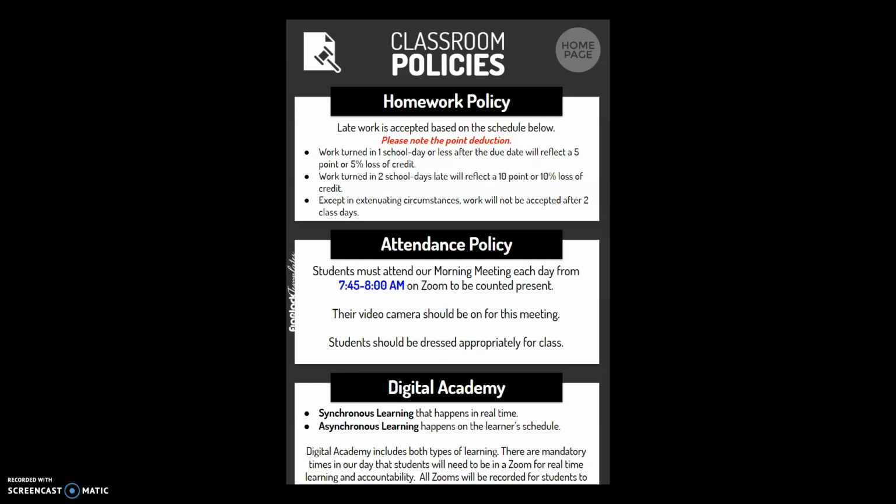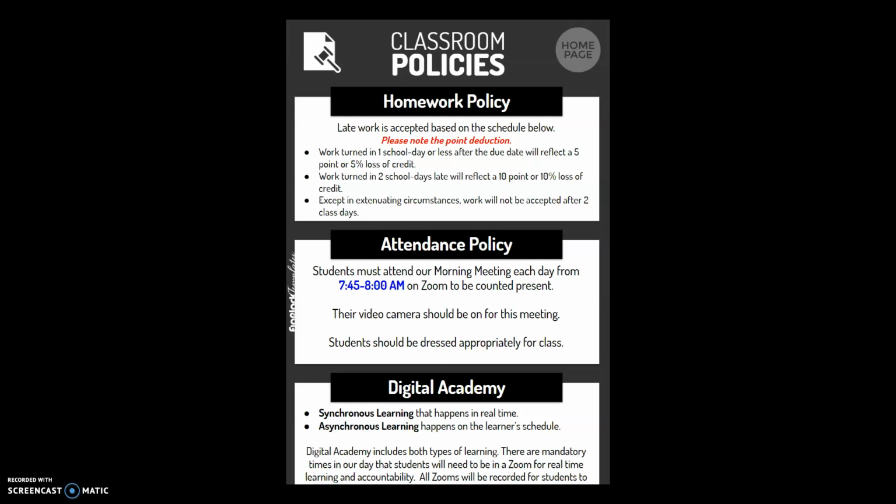If you turn in your homework the first day, you will receive 100% credit because you have completed the homework. Whether it is accurate or not, it has been completed. Once you turn that in, I, the teacher, can check for accuracy and use that information to inform my teaching with you the next time that we meet. If you are not turning your work in on time, there will be points deducted from your score. So if work is turned in 1 school day late, 5 points will come off of your grade. If it is turned in 2 school days late, then 10 points will come off of your grade.